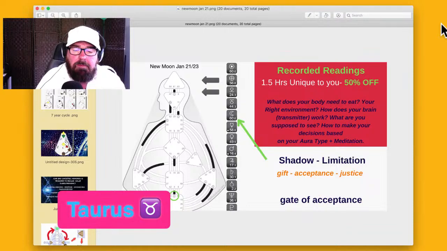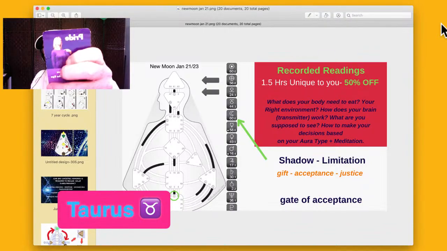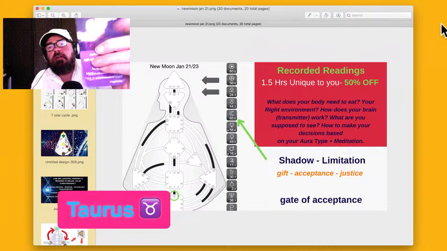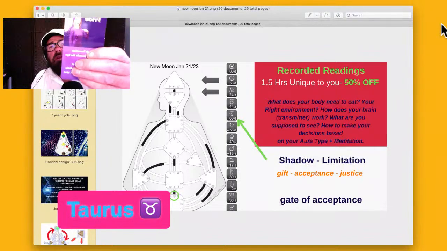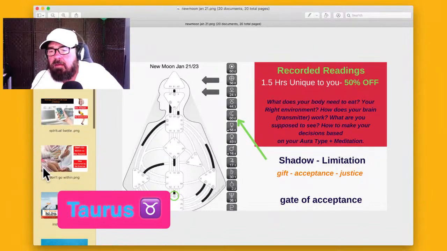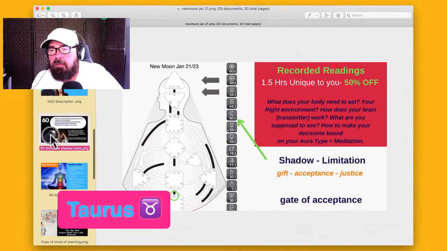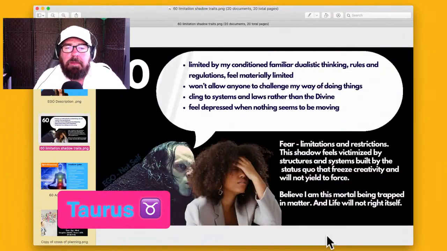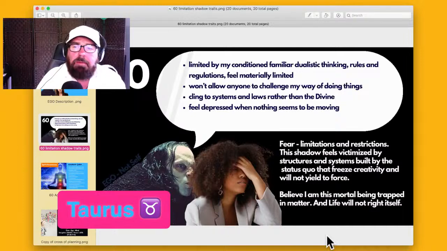Okay. And then you got the pride card right there. That's the ego card. What's the ego been telling Taurus? That voice in your head that you believe is you, right? This is what the ego's been telling you, Taurus: to be prideful.